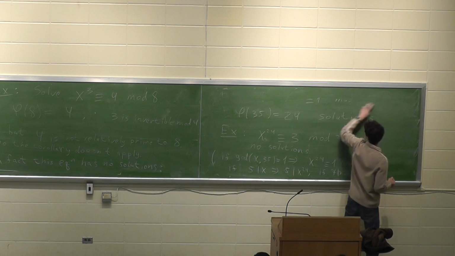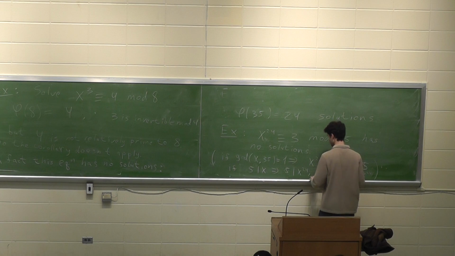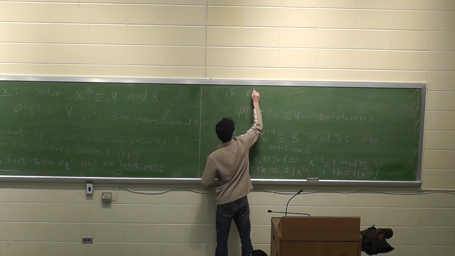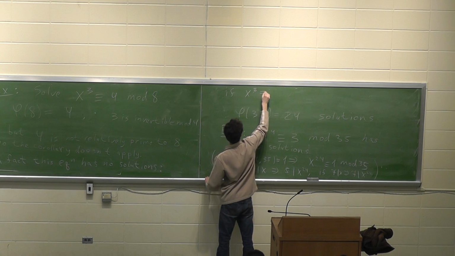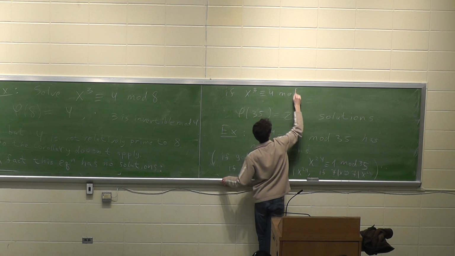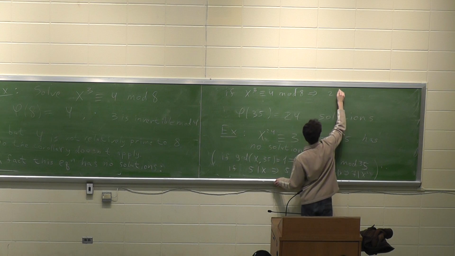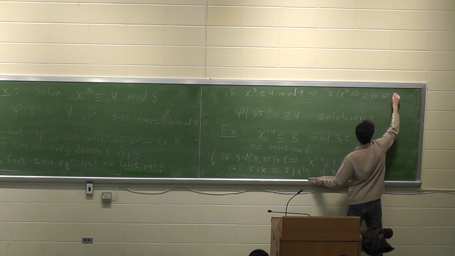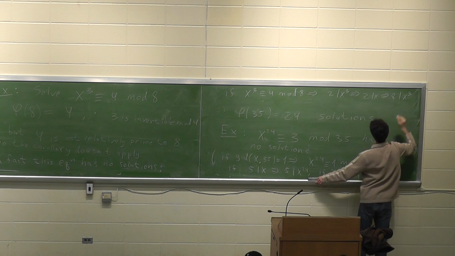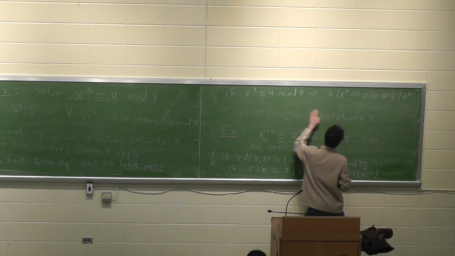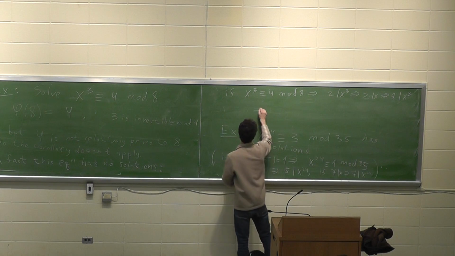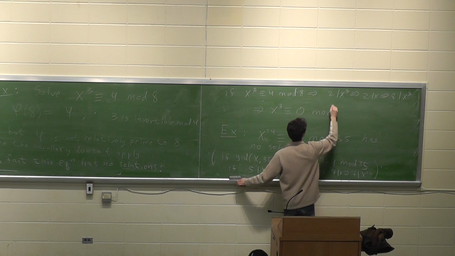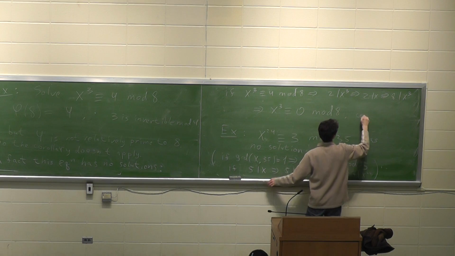And the explanation, write it down. If x cubed is congruent to 4 modulo 8, then 2 divides x cubed, hence 2 divides x, hence 8 divides x cubed. Hence, x cubed is congruent to 0 modulo 8, and